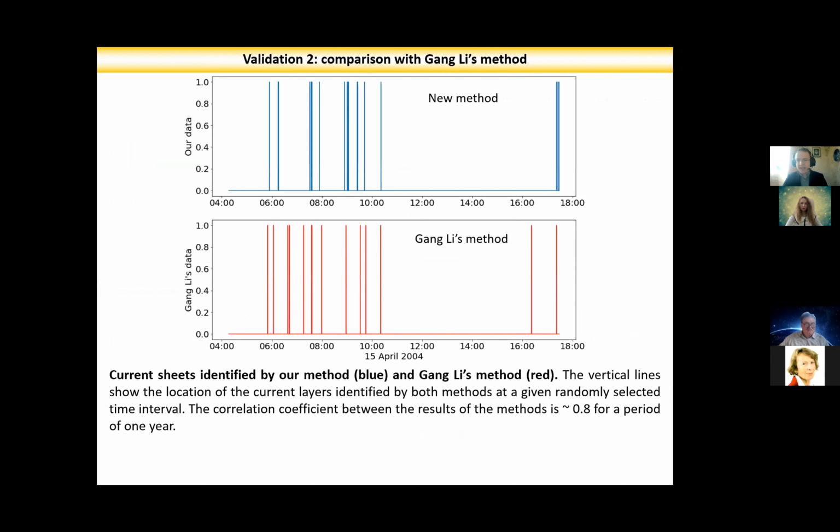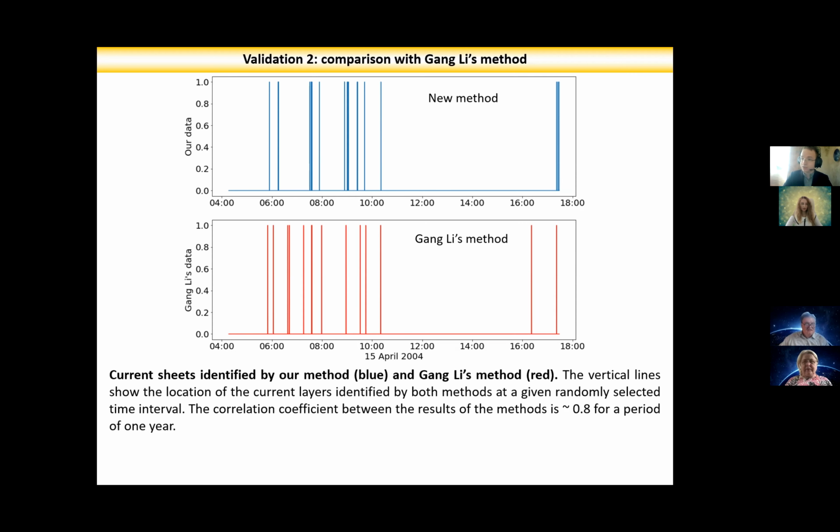And the second method of validation we used is we actually compared our results with Gang-Lee's method, with the vertical line showing the identified current sheets at a randomly given time interval, and the correlation between our two methods was once again around 0.8. Gang-Lee's data spans 1 year, so we were able to compare the data for that year with our data,